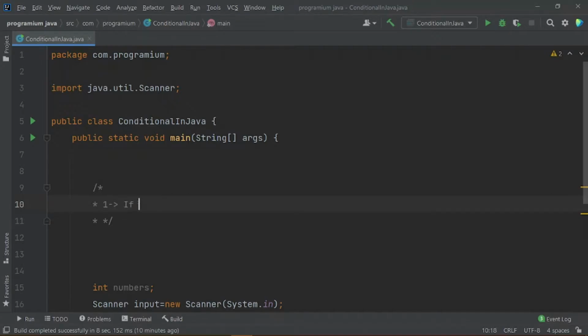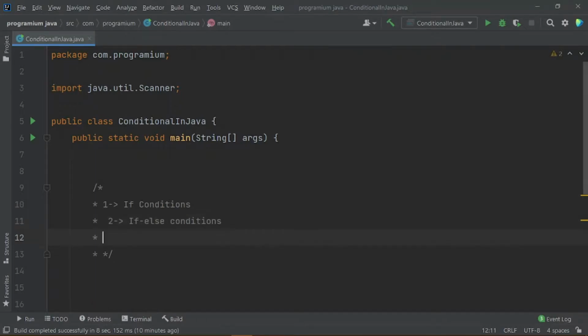First, if conditions; second is if else conditions; third is switch conditions; fourth one is if else if conditions; fifth one that we named is nested if else.